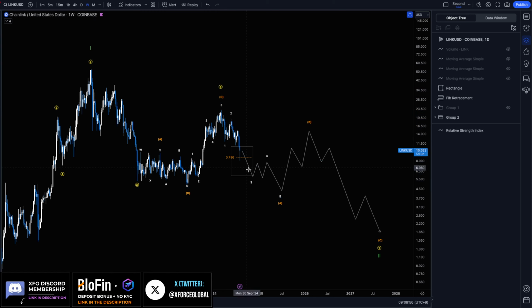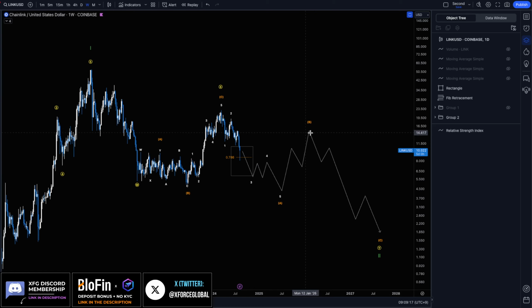And if that's the case, we're looking for just like that double WXY that we were looking for. We're now seeing that same similar type of pattern of that WXY just on a larger scale. So in that case, we're just working in the beginning structure of that actionary wave A. And if that's the case, we're looking for a 5-wave move into wave A of the intermediate degree, another pullback for